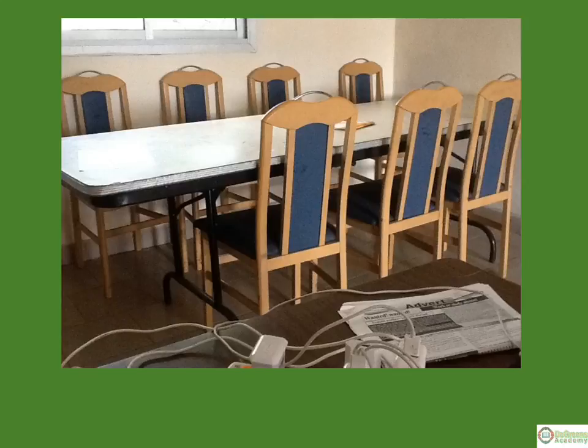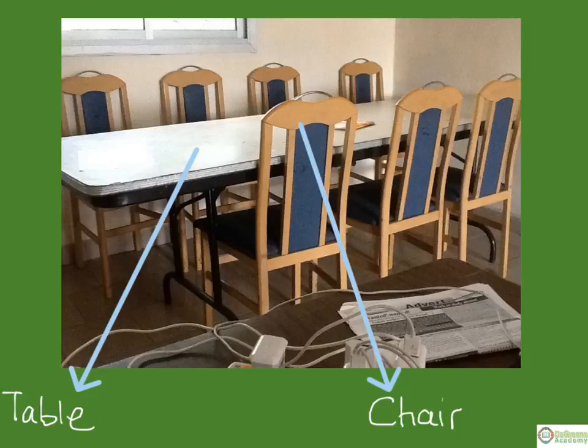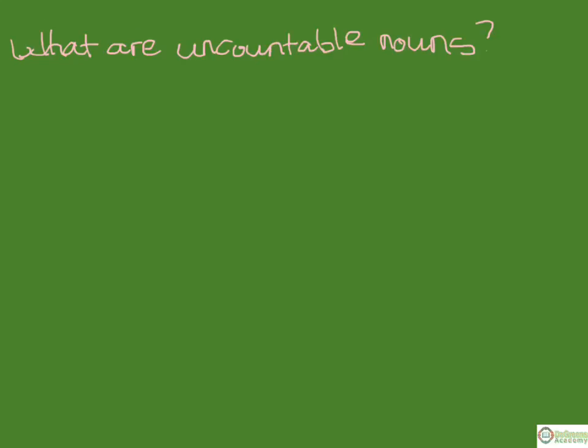What do we have here? We can see chairs. We can see the table. Yes, these are all nouns. Can you count them? Okay. We've seen rice, salt, the table, chair, and so,